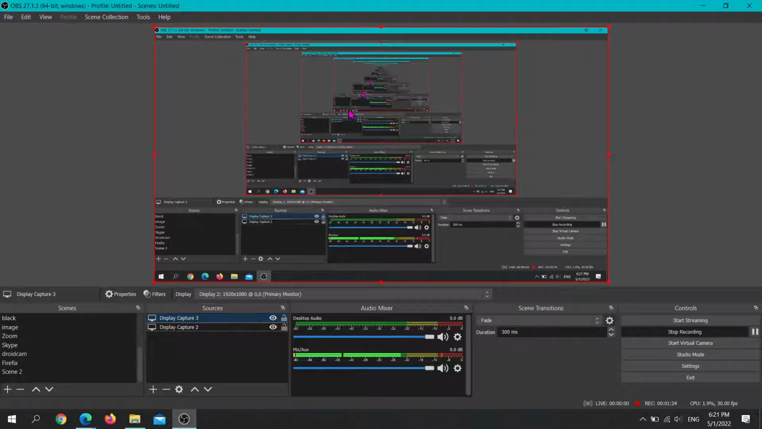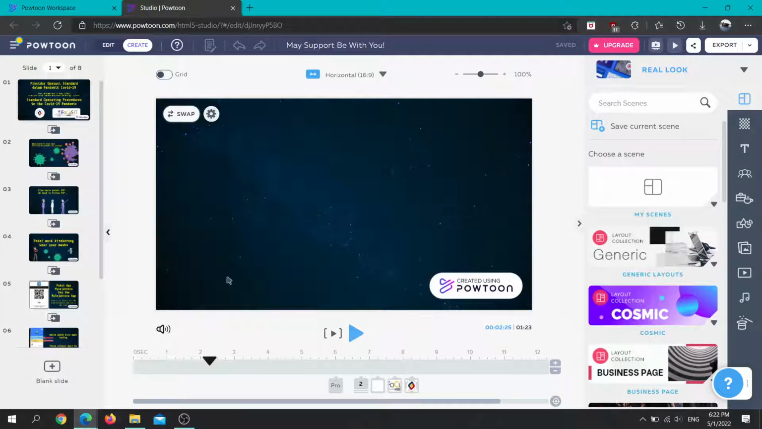However, for the purposes of this presentation, I will turn on capture cursor so you can see what I'm talking about. Click OK and you'll see this. You'll see an infinity screen of OBS windows. So the next thing you want to do is go to your PowToon presentation and add a good number